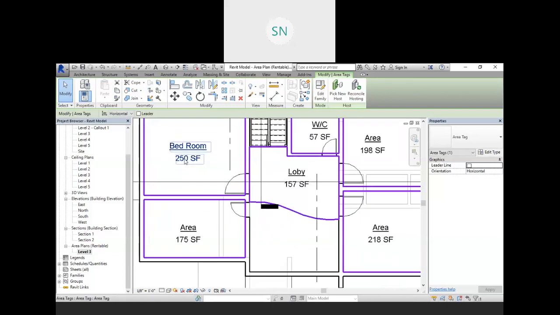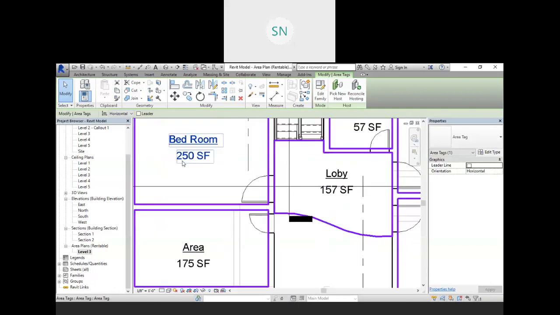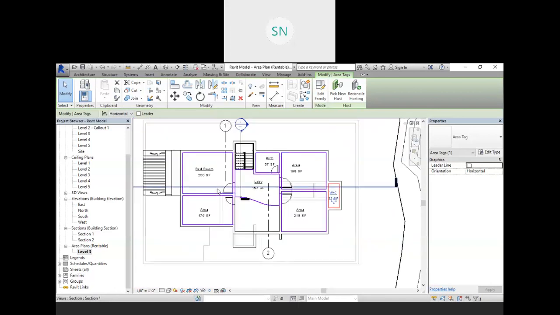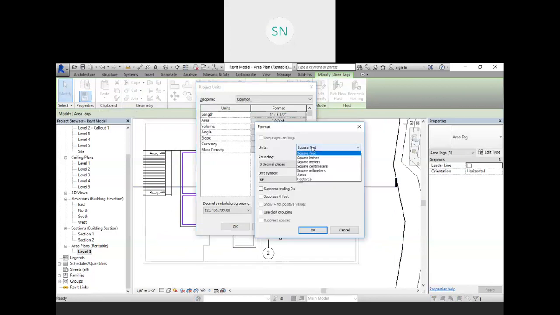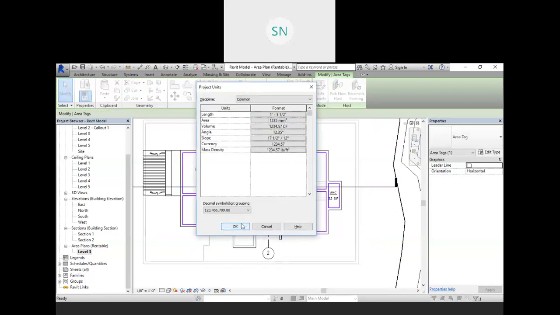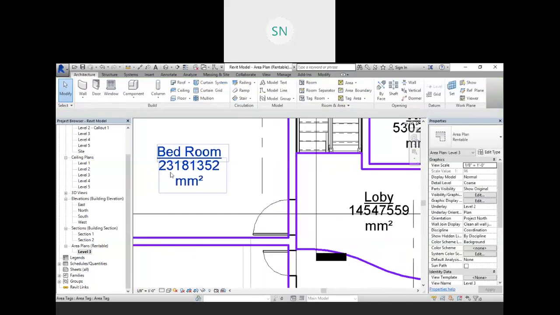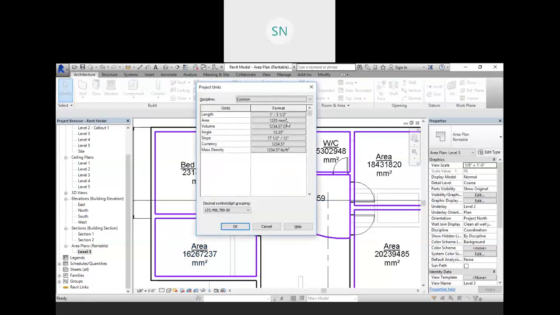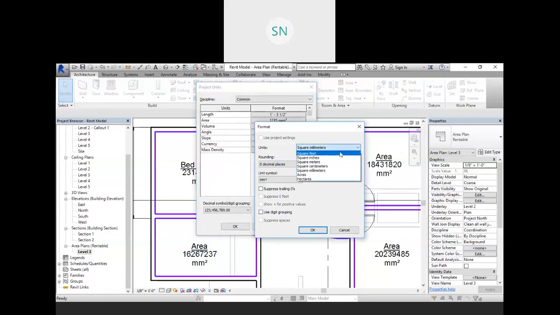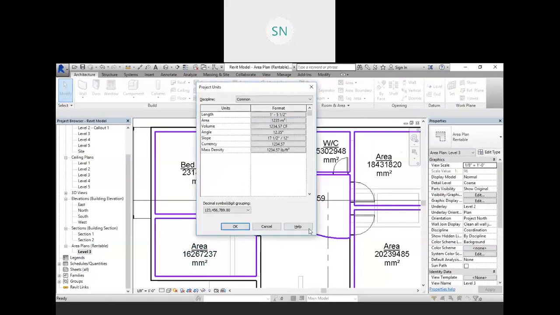If you want your area in metric system, change your unit. In the area I want a square millimeter. Okay, then your area will be in square mm. If you want square feet, then keep your area unit in square feet, or if you want in square meters, then keep your unit for the area in square meter.